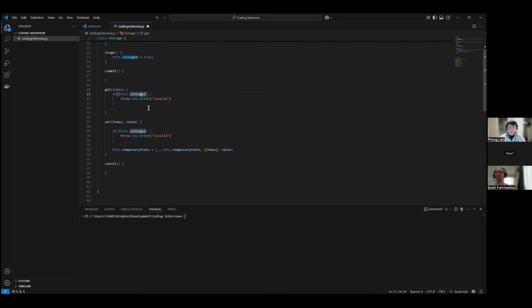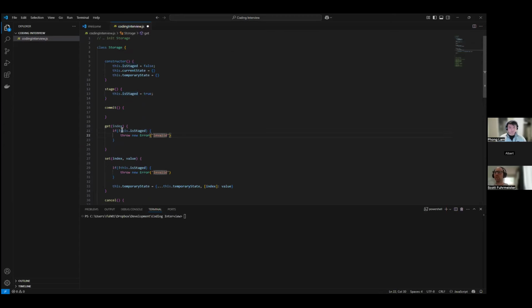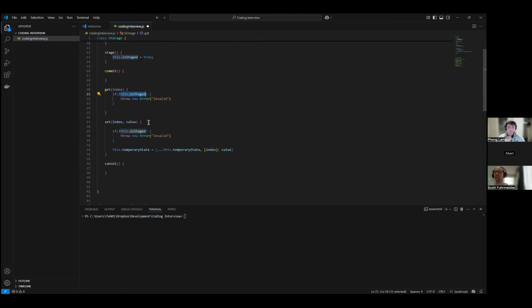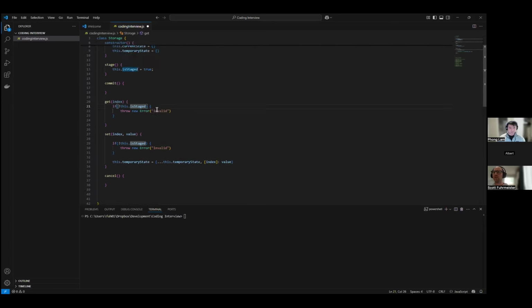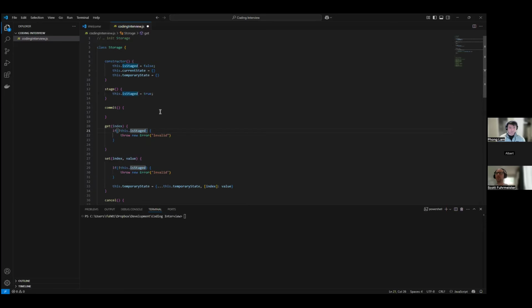Yeah, because you'll have to check if there's no value as well. So I guess if it's not staged, we can't get anything either. Okay. So I can just say if it's not staged or if it's not in the current state as well. Can I just throw an invalid for both of those, or do you want a different error?